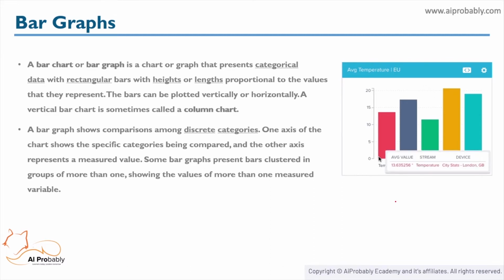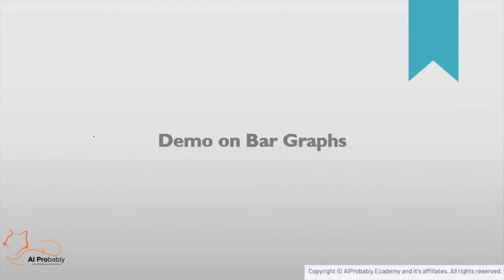y-axis. So in this particular example, we have temperature, suppose this is temperature in London. Then we have here, it may be San Diego or California or LA, or this may be India also. So we have different ranges of temperature in different states. So let's see how we can create interactive bar graphs in Plotly.